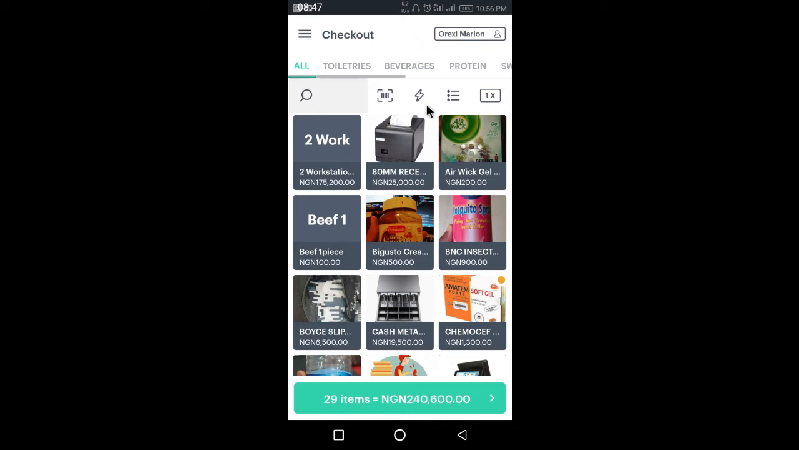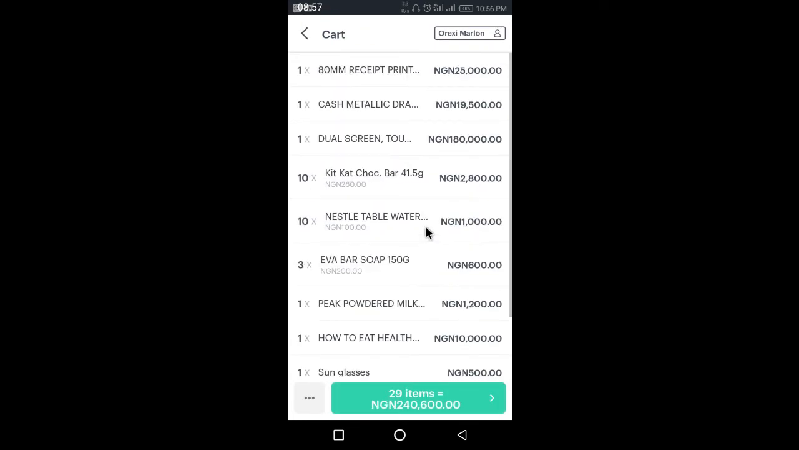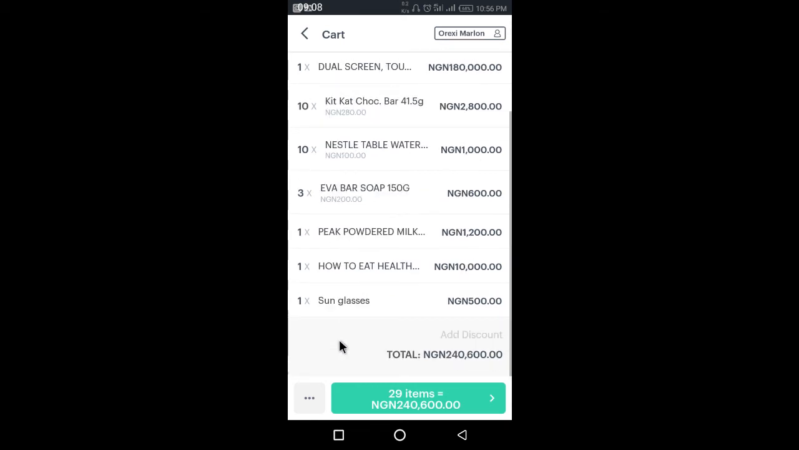You can see it's showing me that I'm selling this product on this cart now to Orexi Malon. You understand? So I could just proceed by clicking on the cart itself. Now it's showing me everything I have here. You can see I have all these items on the list. I have one of these, 10 of these, 10 of these, 3 of these, 1 of these, and so on. So you can see I have all these things, and the total amount for this person is